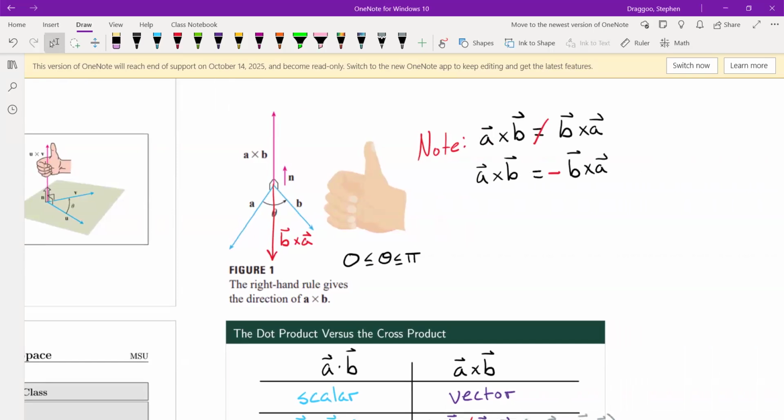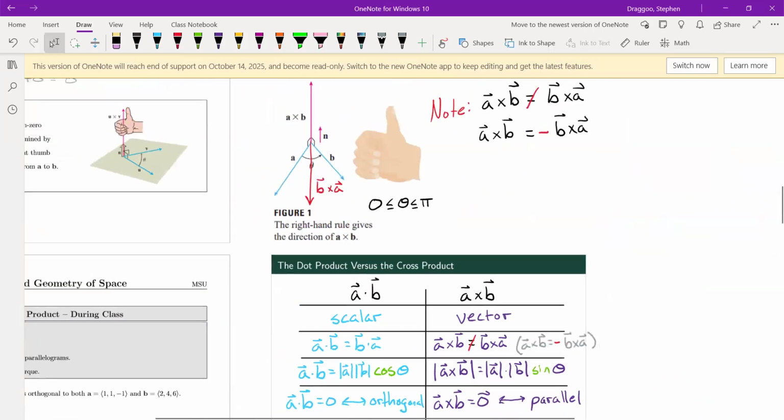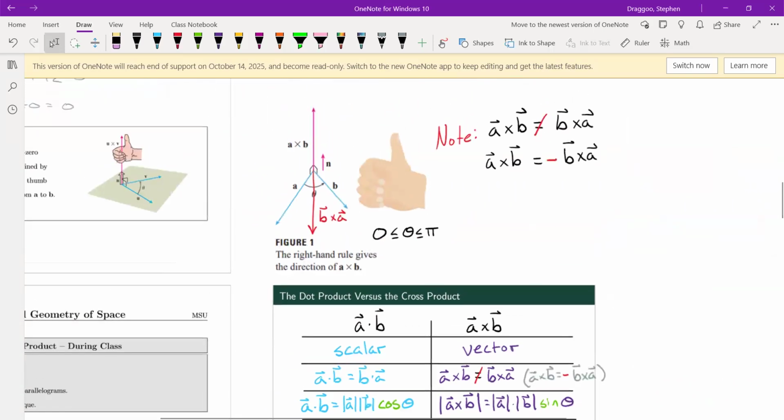A couple of other things I want to say before I get into the heart of today's lesson. One of those is that A cross B and B cross A are two different operations. So unlike standard multiplication or even the dot product, where we have the,